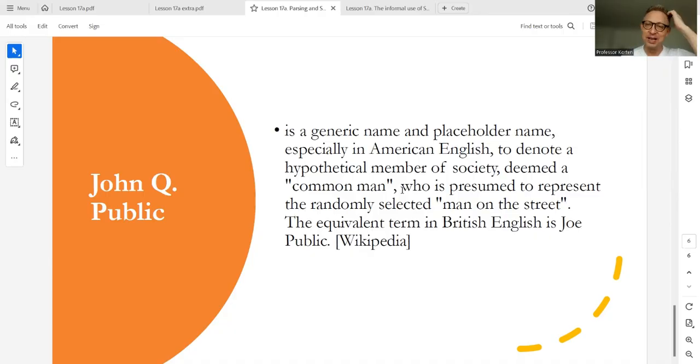John Q. Public is a generic name, especially in American English, to denote a hypothetical member of society, the common person, who is presumed to represent the man on the street. Now, according to Wikipedia, I've actually never heard this spoken, but I can believe it's true. Joe Public. So it's very similar. John Q and Joe are relatives.